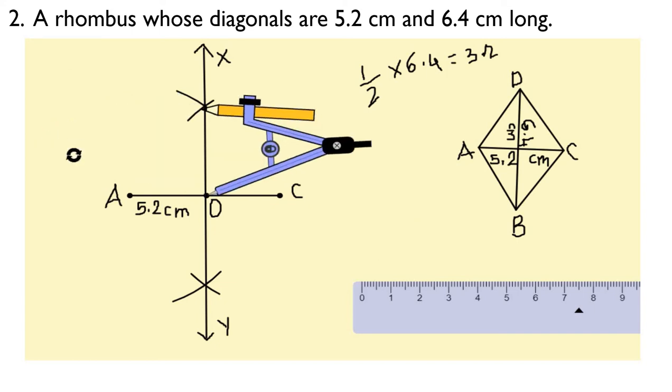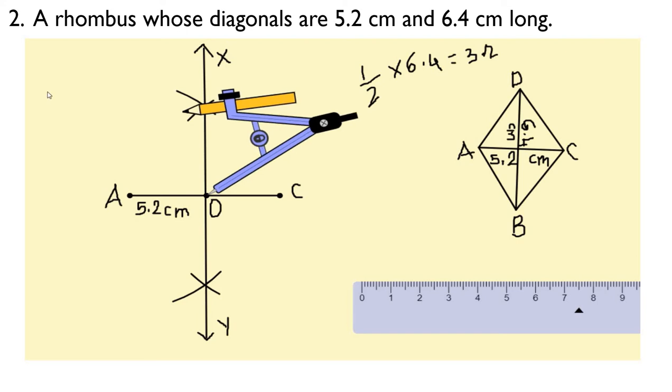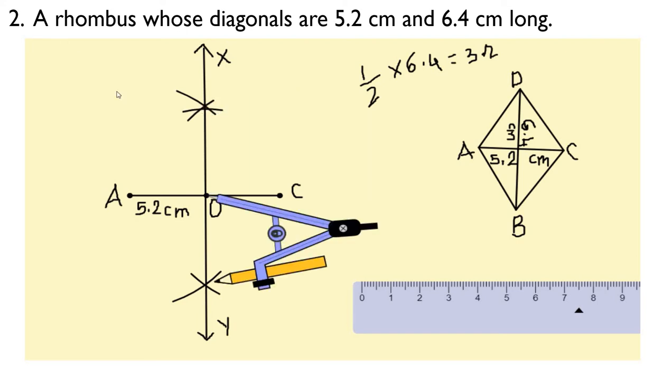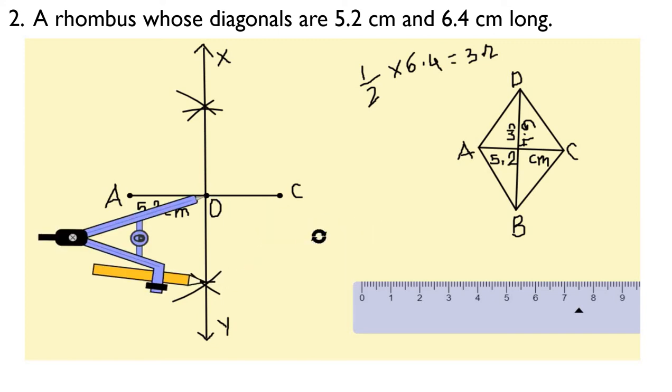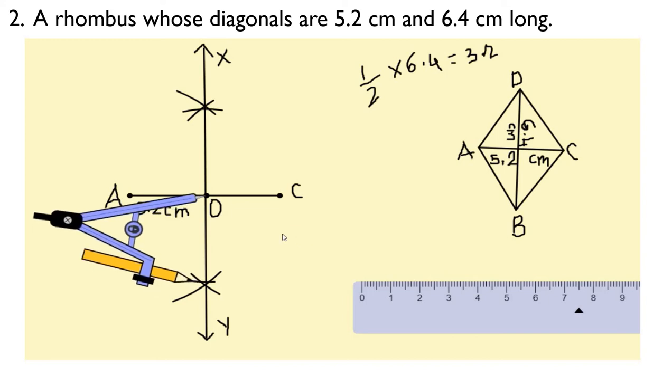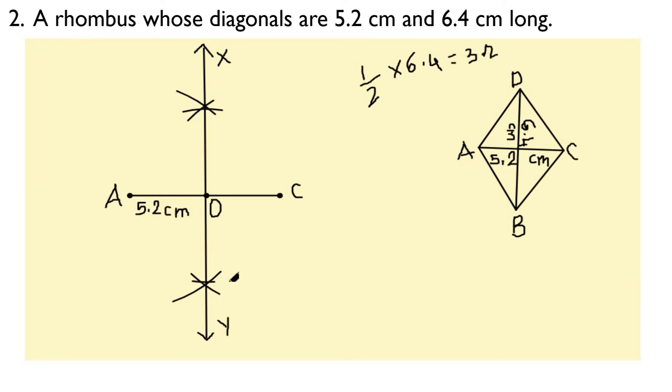Here you can see we have given the name midpoint as O. So keeping the pointer on O, first we draw one arc on OX and another arc on OY. This measurement is 3.2 because we have to take half. 3.2 up and 3.2 down will make 6.4, which is our required measurement of the diagonal. And then we name it accordingly, that is one of the vertices B and the other vertex D.